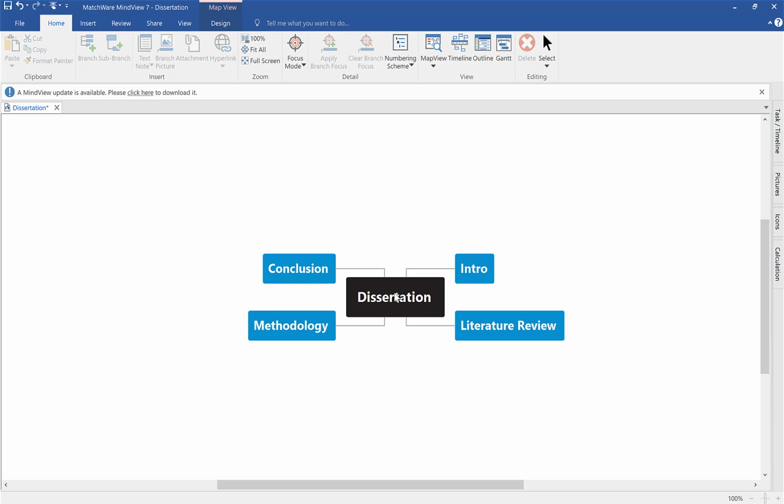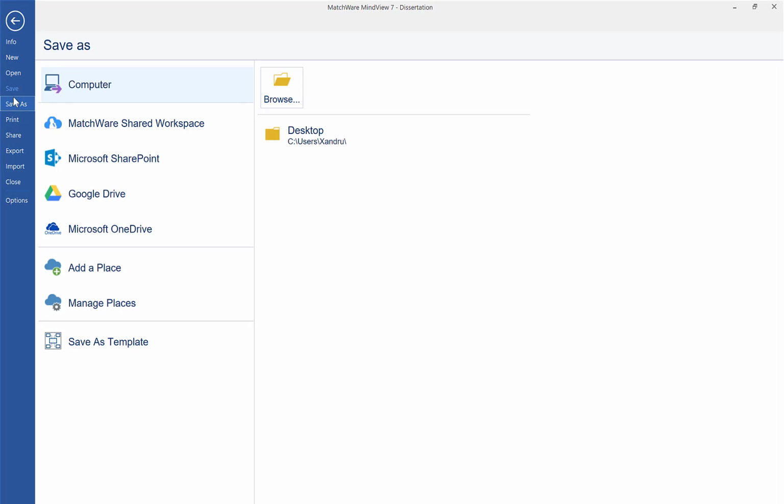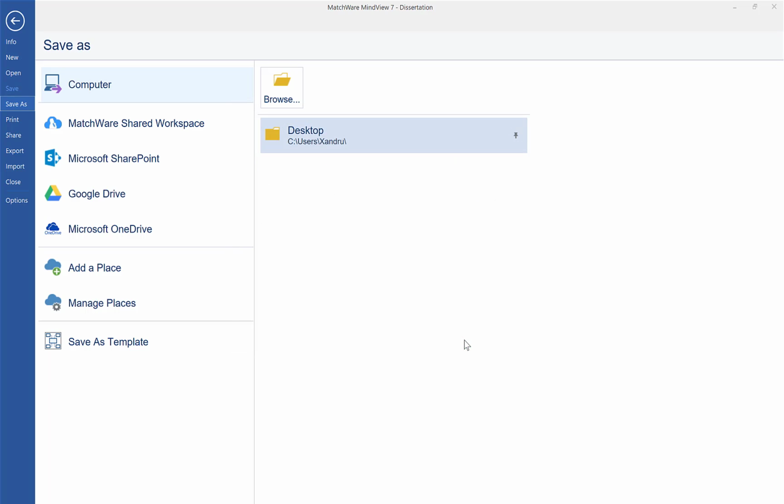So I'm going to open up mind view, and I've just done this for example. Maybe you've got a dissertation to do and you're planning it in the mind map just to get it structured in your head and ready. We can then send this and drop it onto your global task. So what I'm going to do is click file, and I'm going to select save as, and I'm going to save that to my desktop. Leave it as dissertation and select save. Now I'm going to close mind view,